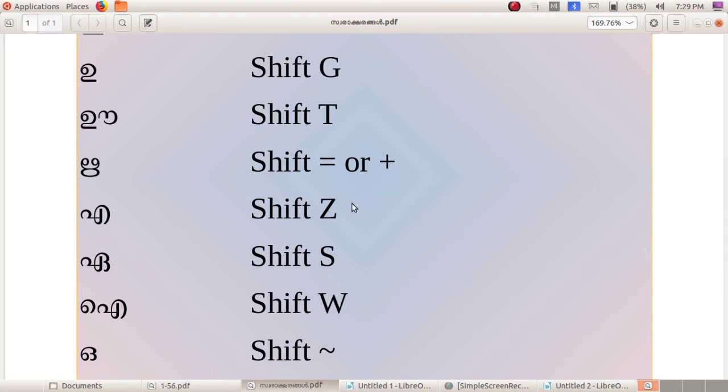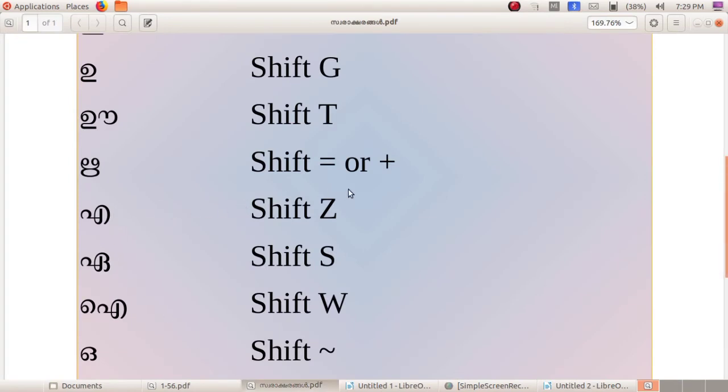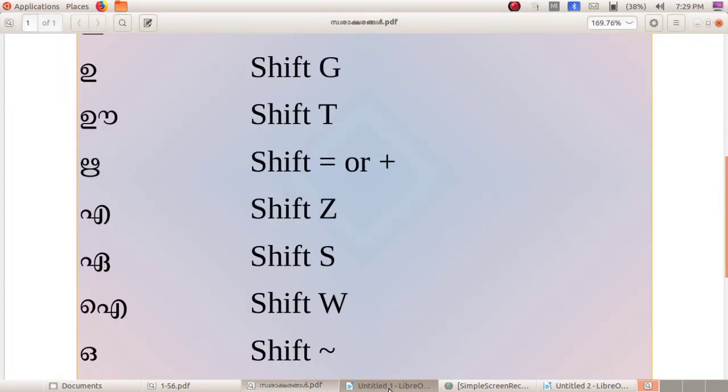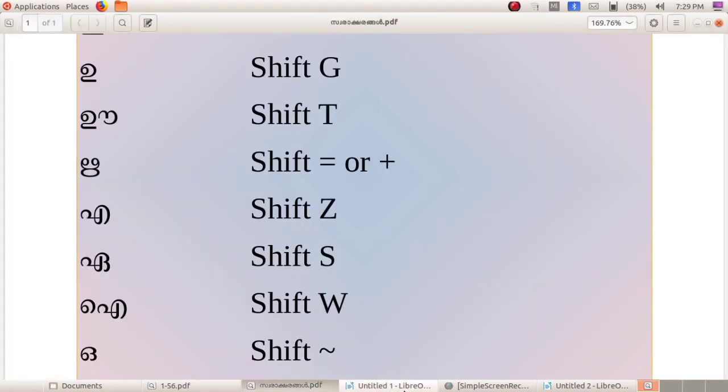So you can click either Shift plus equal or Shift plus plus. Now I am holding Shift, then clicking on the plus button. Then E, Shift plus Z. Ae, Shift plus S. Ai, Shift W.